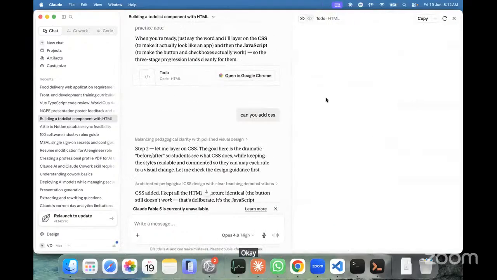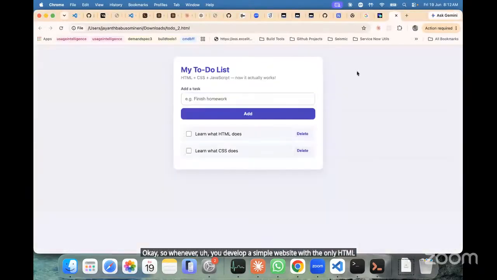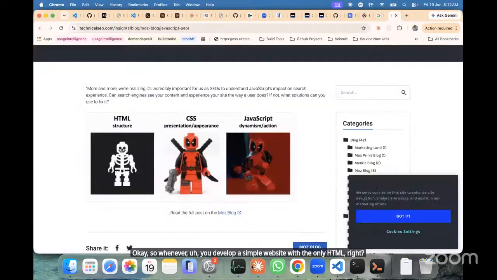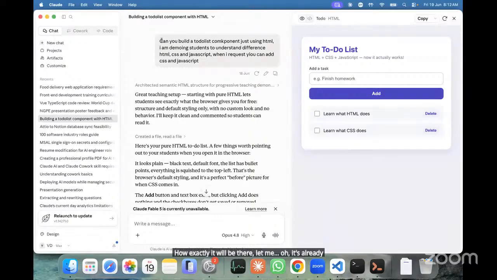Okay, so whenever you develop a simple website with only HTML, how exactly will it look? Oh, it's already HTML and CSS there. Okay, let me show you one thing, then we can go into the simple coding today. What I need to do is